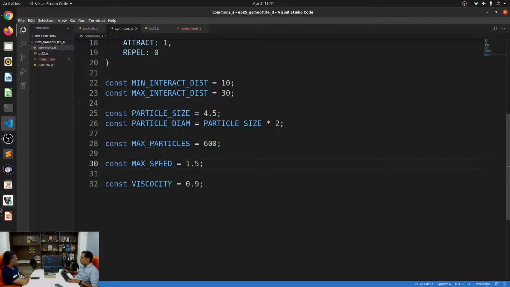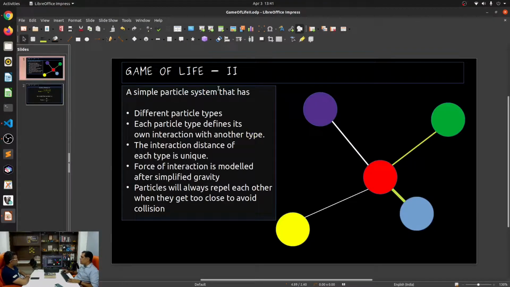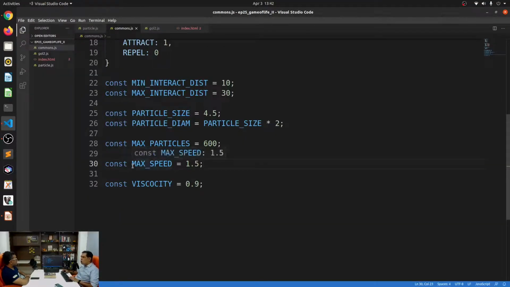So, going back to this slide over here, if we allow these forces to act against each other, you will very soon find out that, for example, red might be attracted to purple, but purple might be repelled by red. So these two particles will sort of chase each other, and they will have no maximum speed as to how much they'll chase each other. So all particles will have to abide by the maximum speed of this universe, which is 1.5.